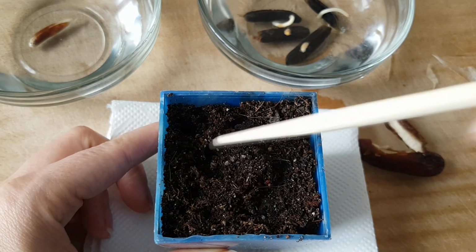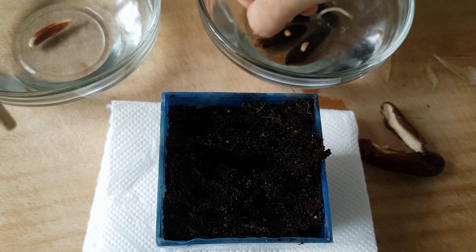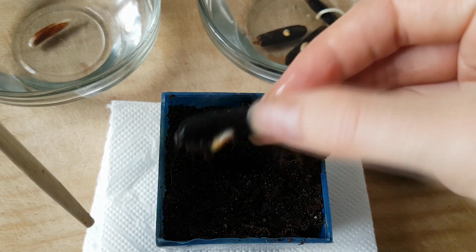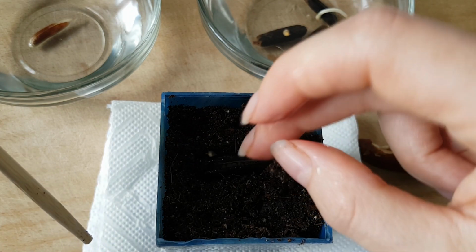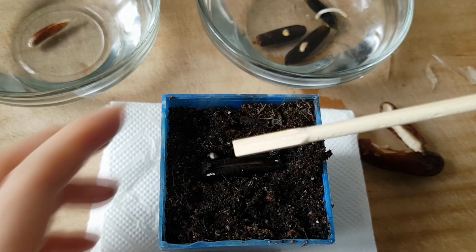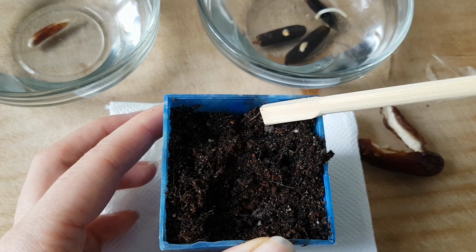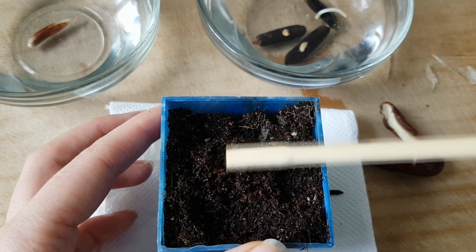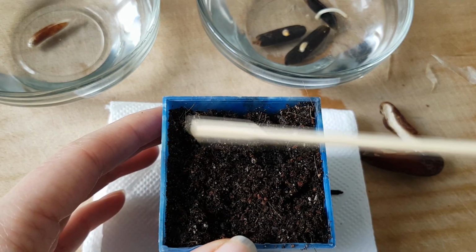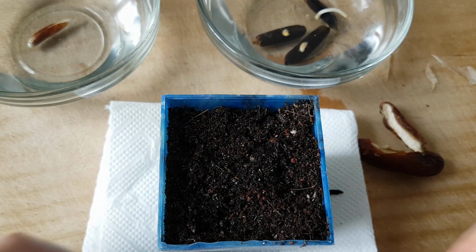Now, once you have your soil ready, make a little hole here and choose your seedling and put it with the root downwards, facing downwards, like that, and cover it slightly with soil, and that's it. Now while you are waiting for the first leaves, and even after that, you need to keep